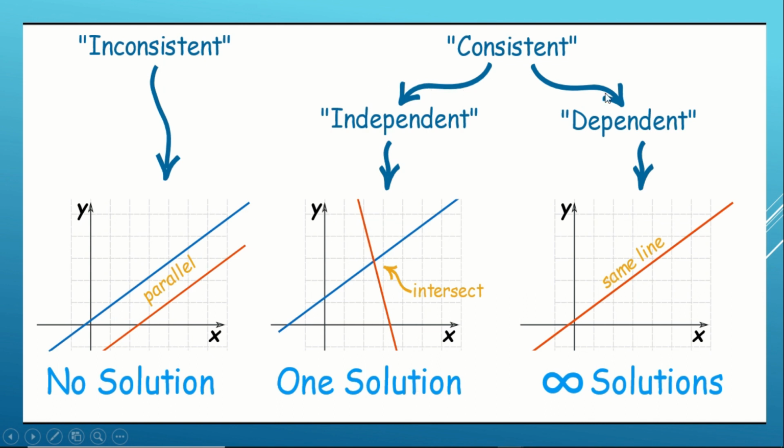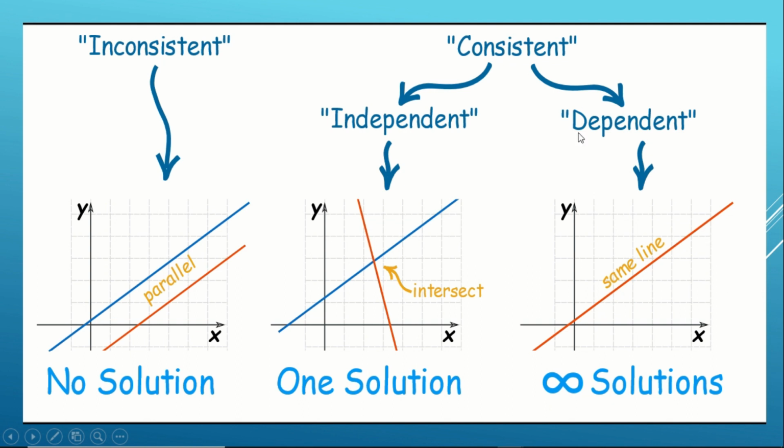Next, going on to the second type, that is dependent. Both one solution, independent, and infinite solutions, dependent, belong to the consistent group itself. In dependent, after solving the equations, the two lines merge with each other. So this is said to be coincident. This type of equations has an infinite number of solutions. There will be no limitation, because each point on the line is a solution, so it is said to be infinite solutions.